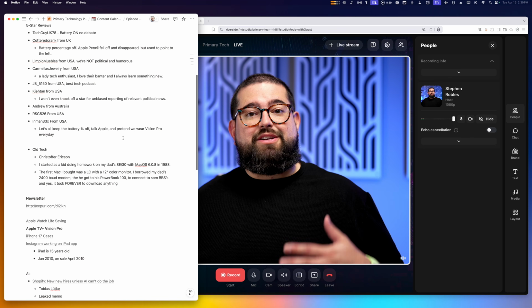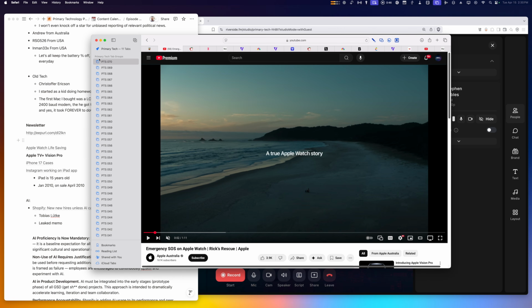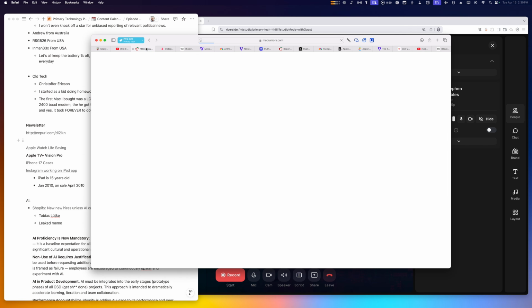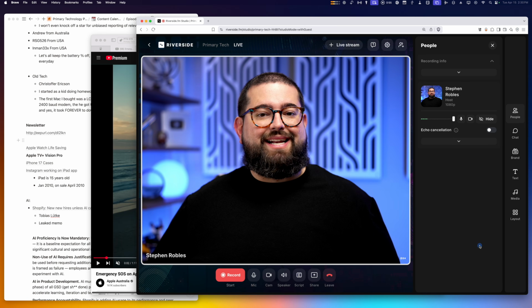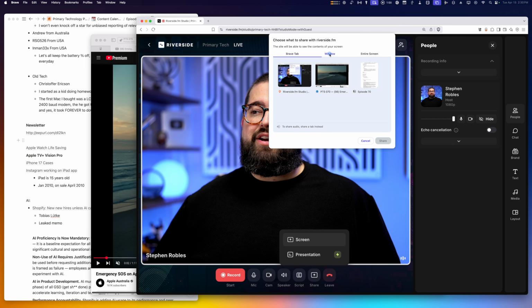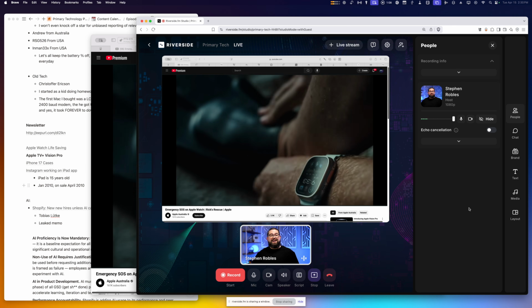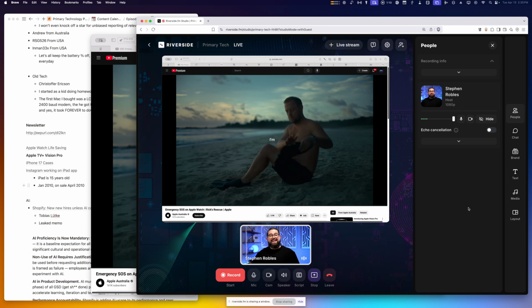Now in that Notion document, during the week before we record, I'm adding all these links for research, and then what I'll do is open a new tab group here in Safari, open all the links we plan to talk about, and now I have visual elements that I can share as we record. I can go down here to the share screen in Riverside, choose a tab for the first thing we're going to talk about, and now I'm sharing visually engaging content while me and my co-host are recording, and it's all